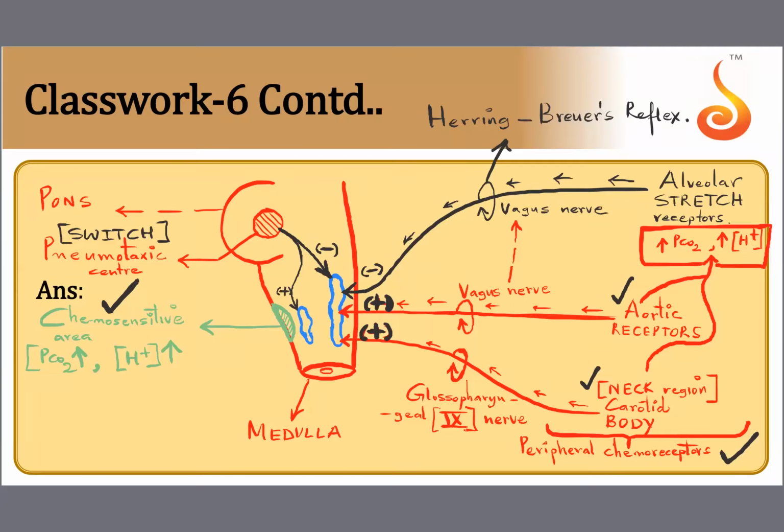And then your alveolar stretch receptors. You can't keep stretching your lungs. There should be a limit to it. You can't keep inhaling. There should come a time where you will stop inhaling and start exhaling. So that is the job of stretch receptors. Stretch receptors are the ones which terminate on the dorsal respiratory group by sending inhibitory signals. Pneumotaxic center is the switch. If the switch is on, then your inhalation will stop and exhalation will start. So it reduces the duration of inhalation and it regulates your breathing rate or your respiratory rhythm. Okay, fine.